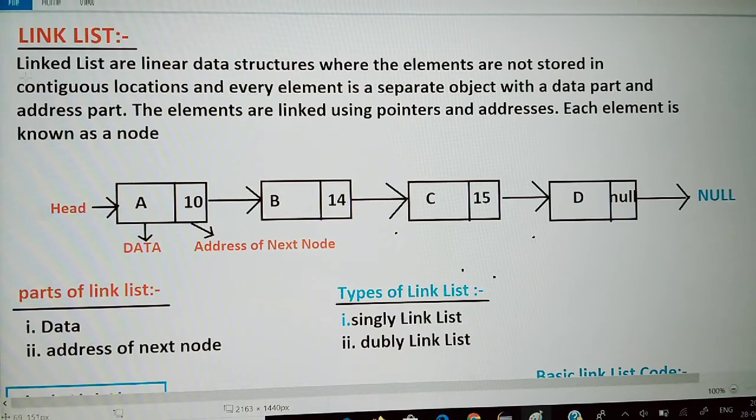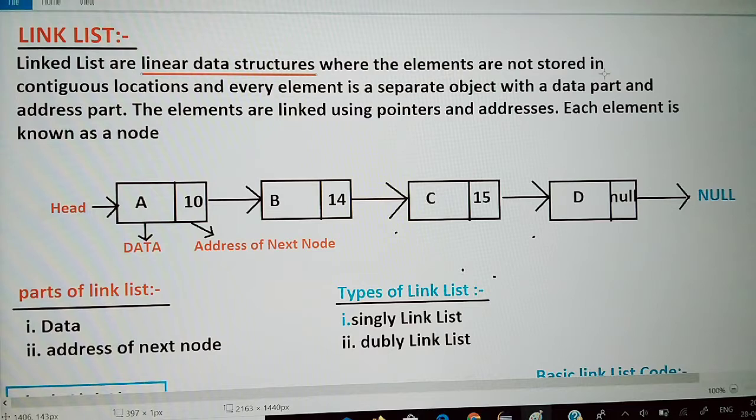Linked lists are a linear data structure where the elements are not stored in a contiguous location, and every element is a separate object with a data part and an address part.